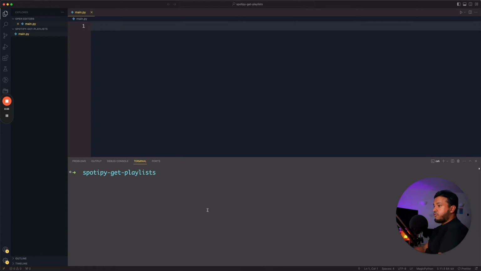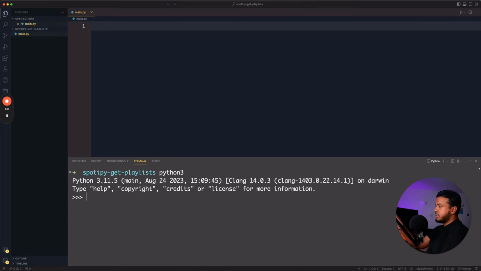Once you've done that, there's a few boilerplate things that I want us to do so that we can get our environment set up so that we're ready to start using the library. We're going to need Python 3 for this project, and you can verify that you've got Python 3 installed by typing python3 and tapping enter, and that brings you into the Python shell. I've got Python 3.11, you might have Python 3.6, 3.7, that should be fine, but just make sure it's Python